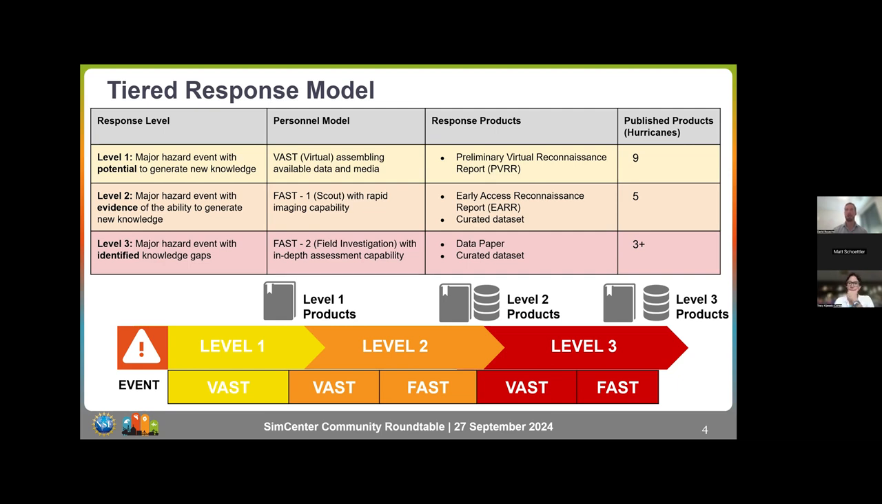And up on DesignSafe, there's about 9, I believe if I counted correctly, we've had 9 of these thus far officially within STEER. But as the potential for new knowledge and evidence of the ability to generate that new knowledge from an event increases, we begin to respond with field teams, perhaps a scout team prioritizing street view imaging and drones to rapidly canvass different areas and then produce a curated data set and an early access reconnaissance report. Or in the most extreme events where there are very clear knowledge gaps that we can address with the